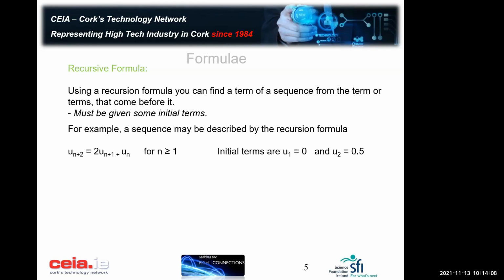So this is the information that I've mentioned that they provide to you in order to help you to solve it. So then it follows that for n is equal to 1, u3 is equal to 2 times u2 plus u1, where n is equal to 1. So you substitute